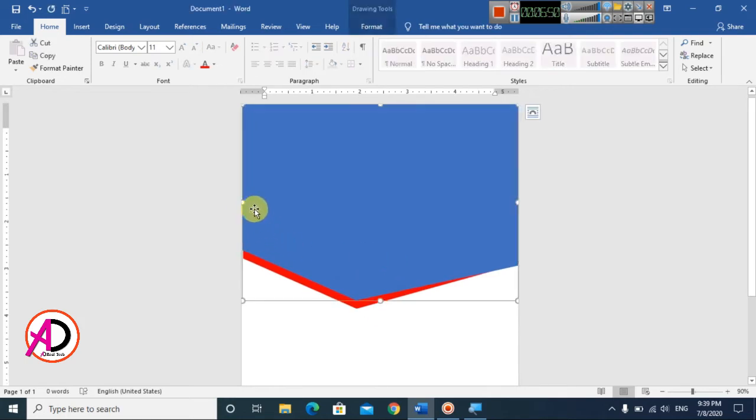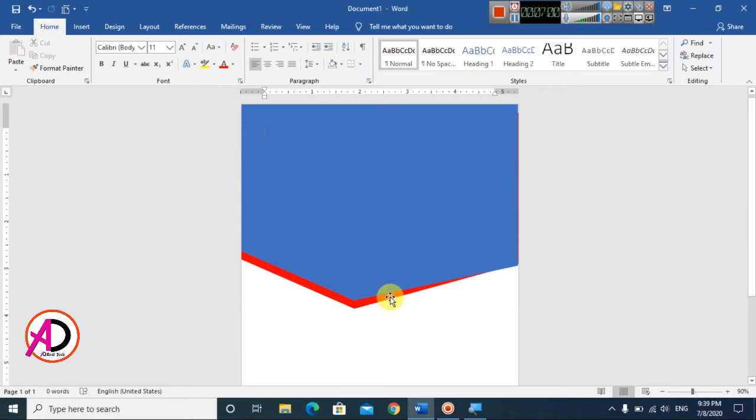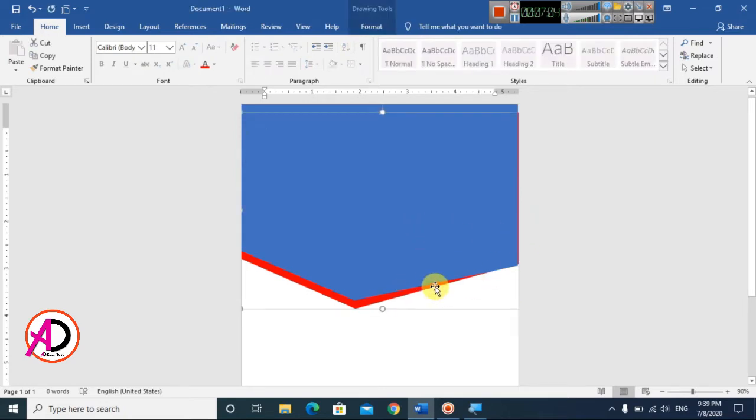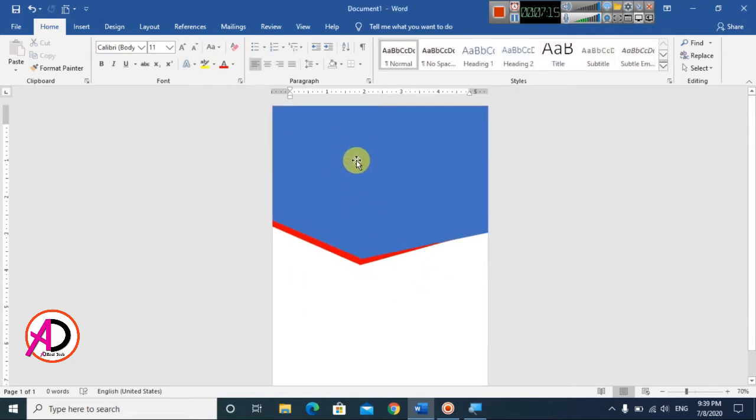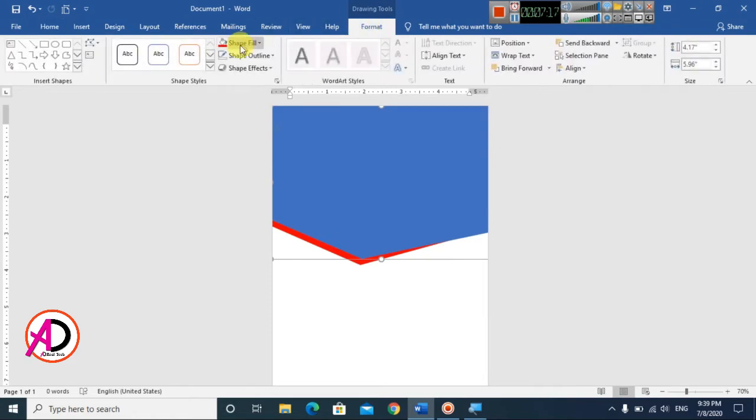Maybe increase the height a little bit, and this also increase the height here. Maybe this right side also increase here, and this right side also increase here. Maybe like this. You can see just like this, and click on these shapes and go to the format and shape